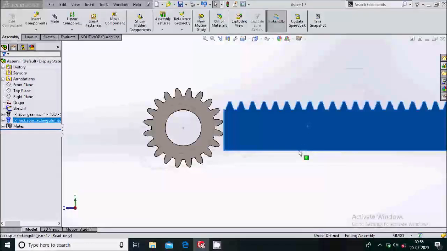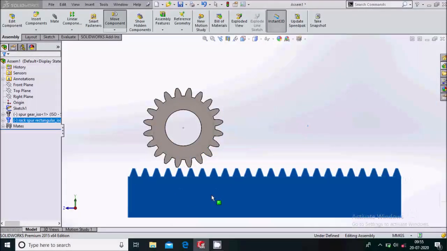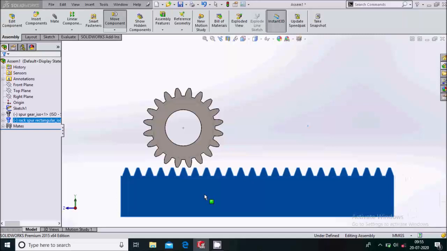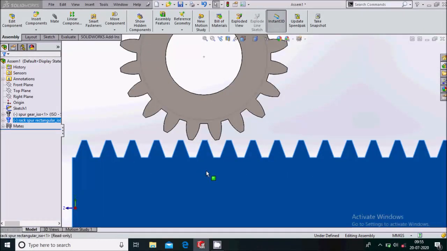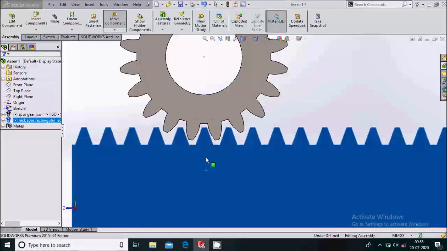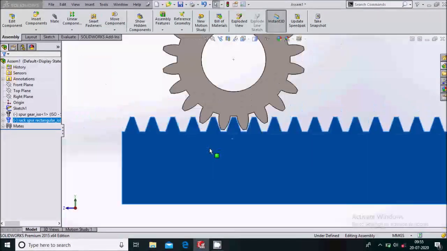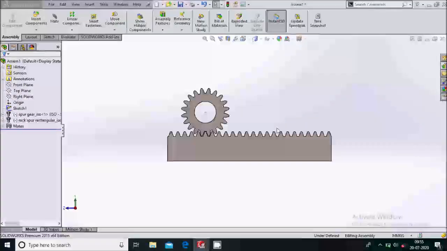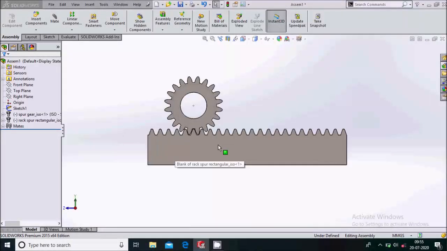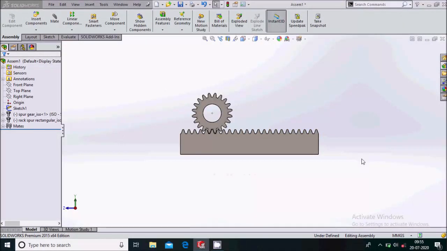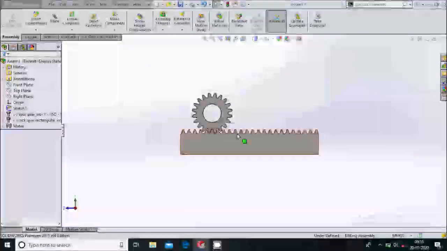Okay. Now we'll just move this rack down and we'll make the adjustment of rack teeth with the pinion teeth. You simply make the adjustment in this way, rack teeth with the pinion teeth. OK. So I made this adjustment of rack teeth with the pinion teeth.